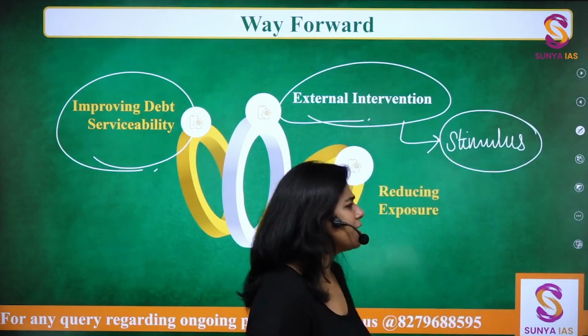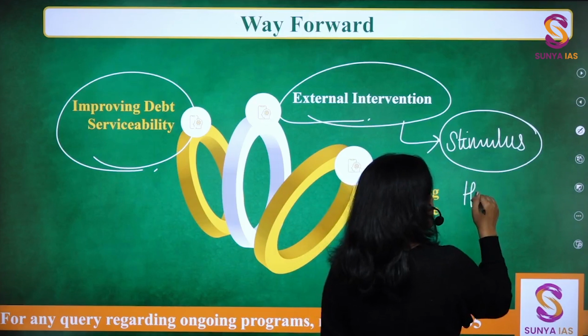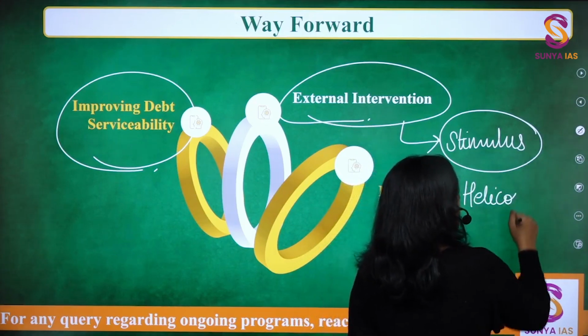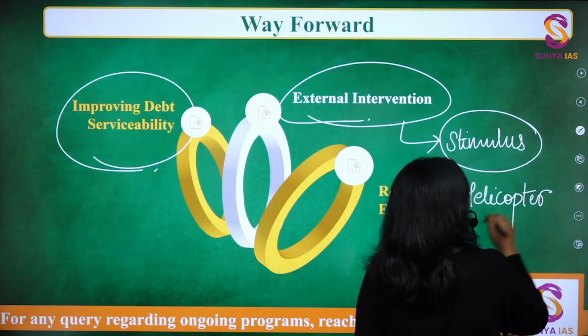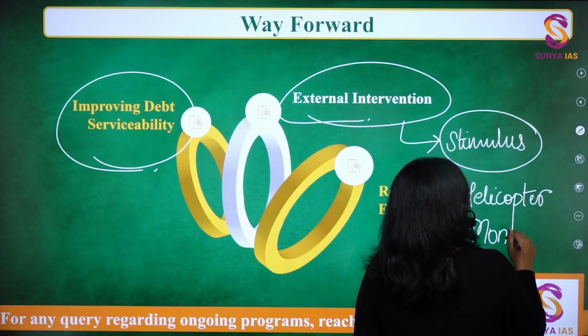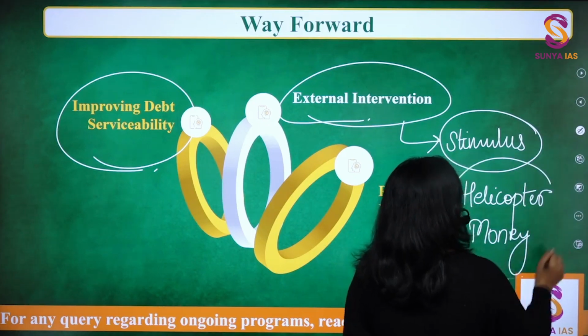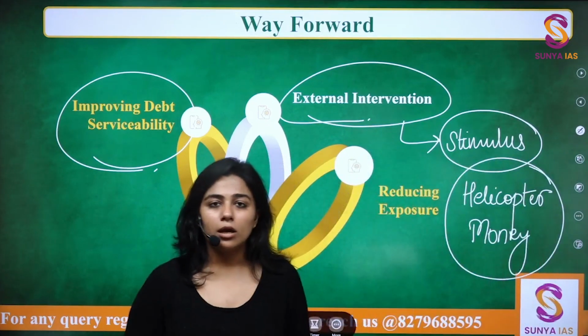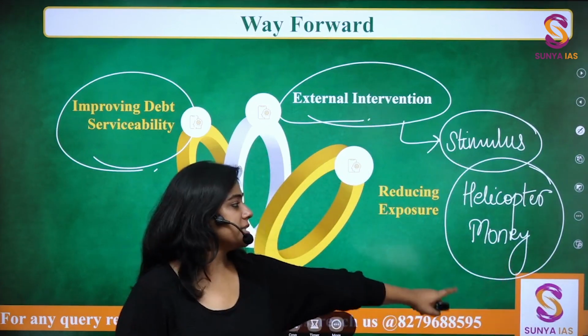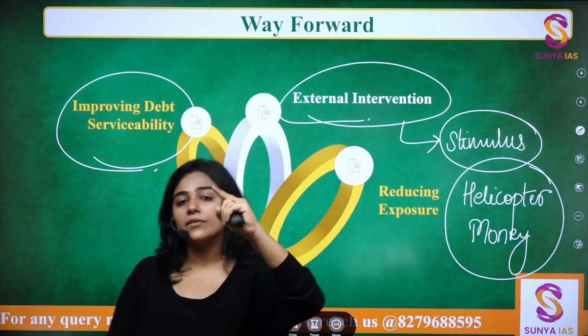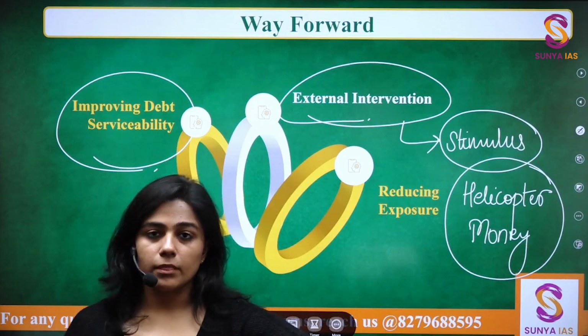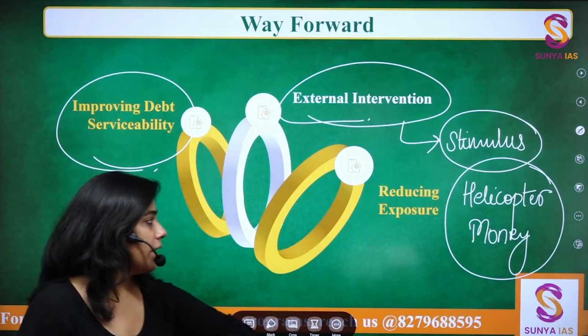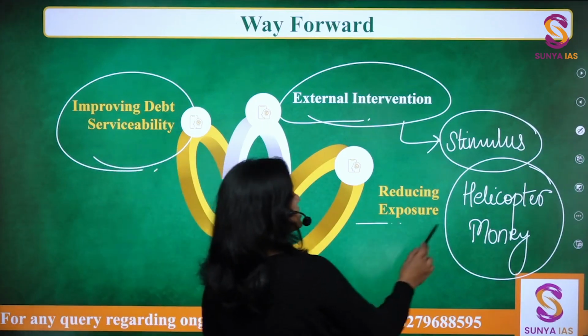It's also called helicopter money. And yes, it will lead to inflation, no doubt. But the fact that people are not spending at all will be arrested for a while by this helicopter money, wherein government is giving money to the people to spend. That is there. And reducing exposure